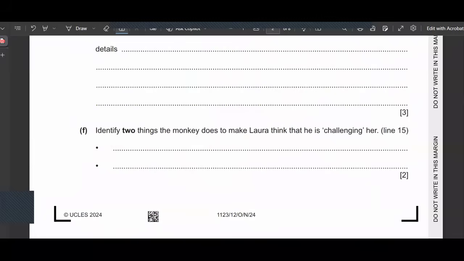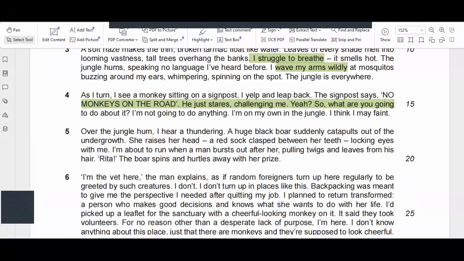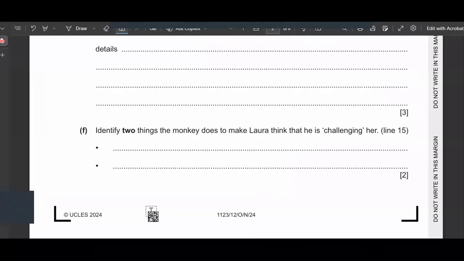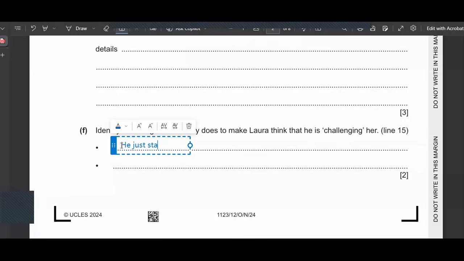So now moving back to the sentence, line number 15, two things, that means two details, can be extracted or copied from the same exact text. So the details which have been mentioned over here are "he just stares" and "challenging me". So we can copy the same exact details here. He just stares and